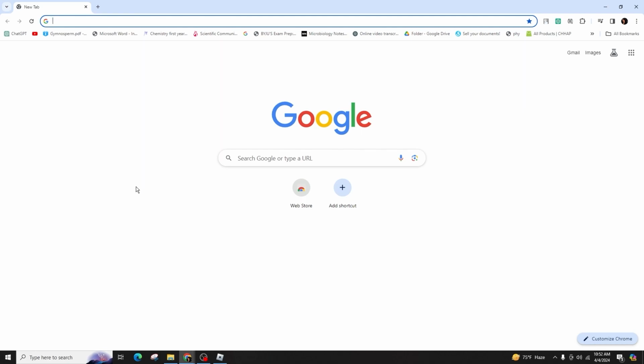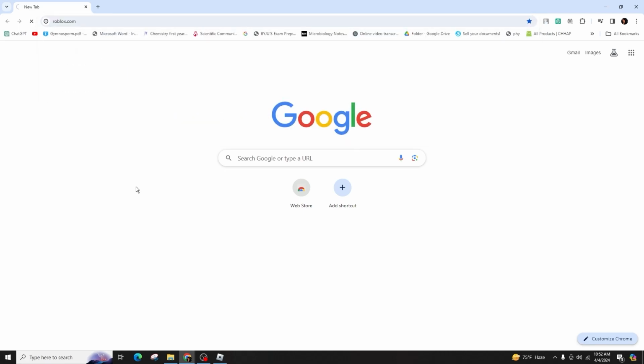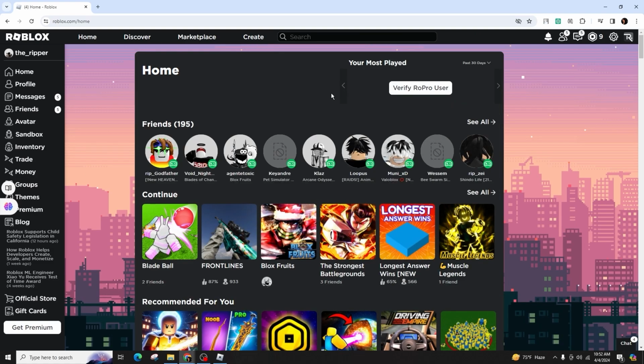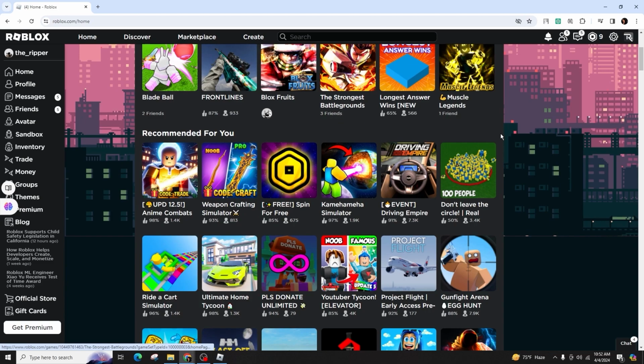In this video presentation, I'm going to talk about how you can allow camera access on your Roblox. It's a simple and straightforward procedure, so ensure that you follow the instructions carefully to grant Roblox the necessary camera permissions. If you're using an Android or iOS device, you will need to grant permissions by accessing the app information